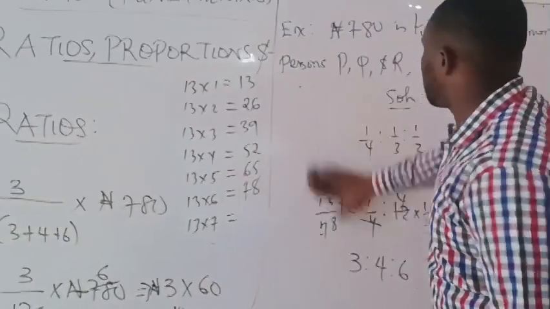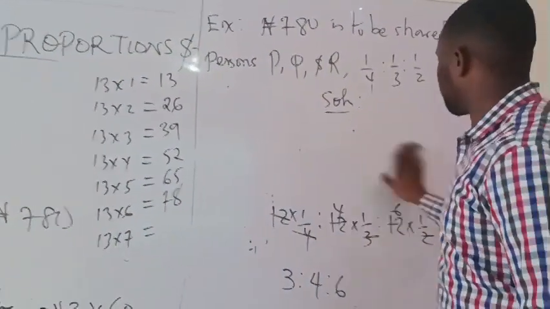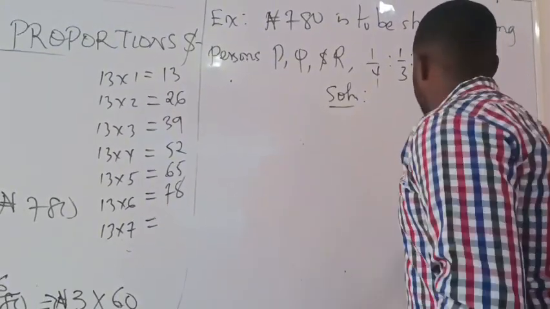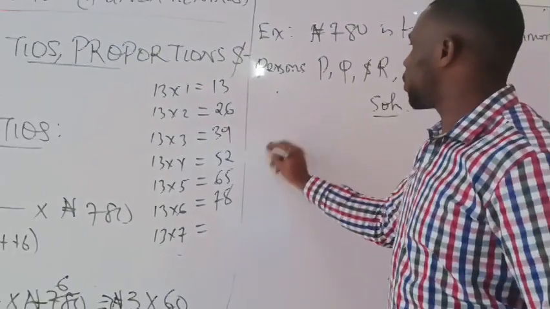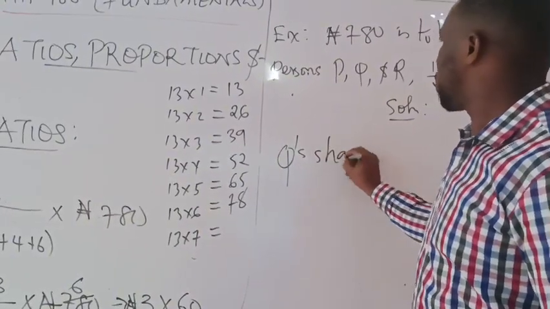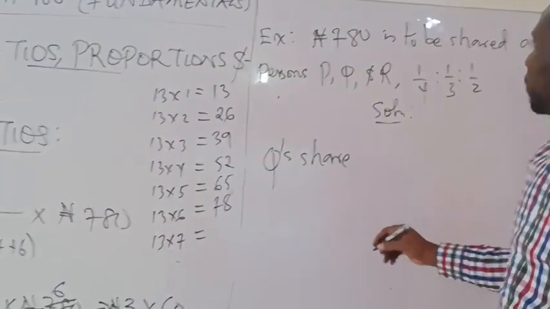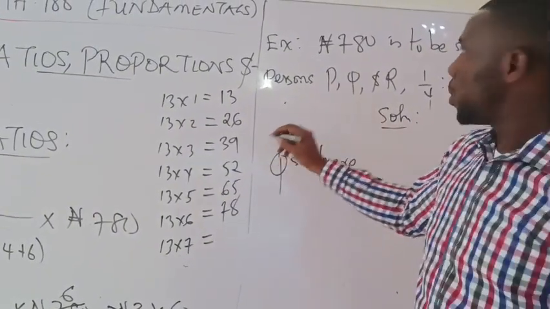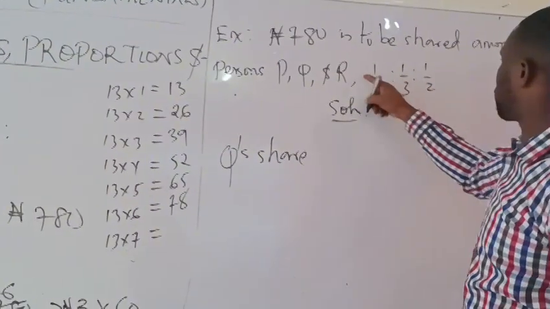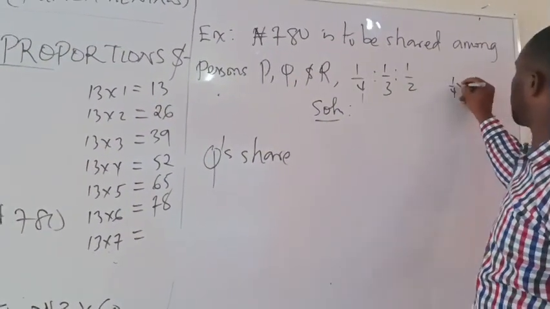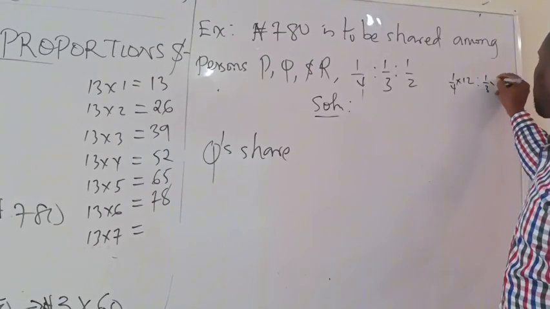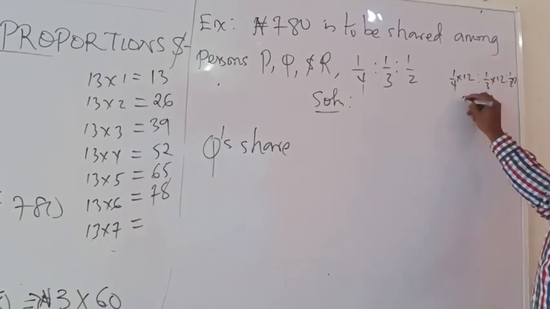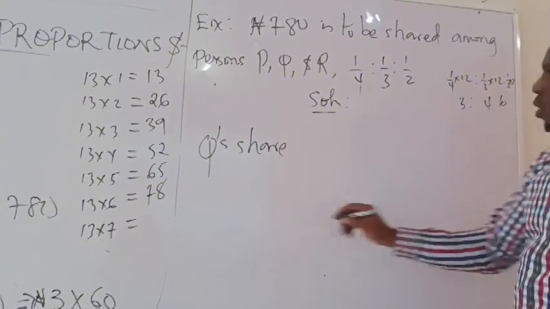Now, let's see what Q's share will be. Person Q and R's share. So Q's share would be, this boils down to ratio 3:4 to 6. So this is 4